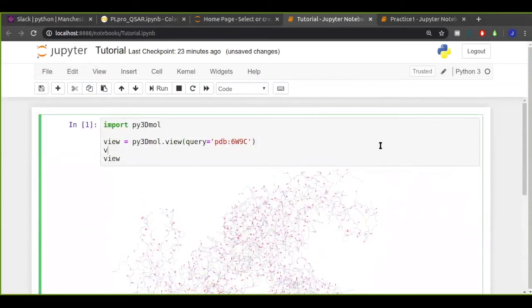chains. So I'm going to access this view object, view dot, and there's a set style option, which I'm hoping I can find on autocomplete. But okay, so normally when I'm doing stuff in a Jupyter notebook, I'll use tab autocomplete on pretty much everything because I can't always remember what my functions are called. But in this case, it didn't work.